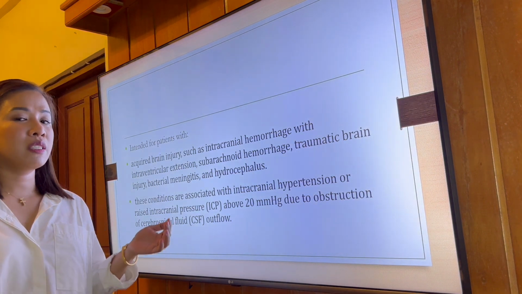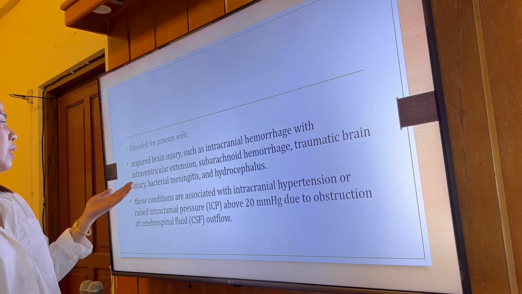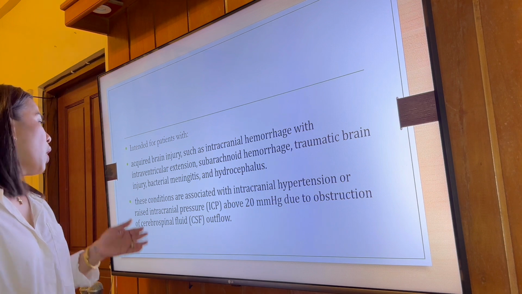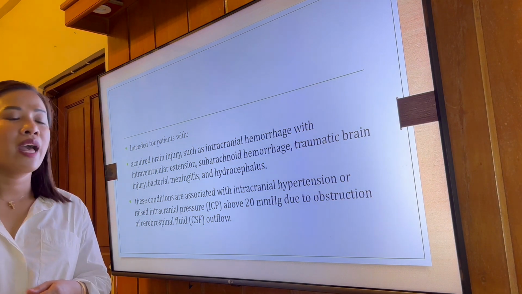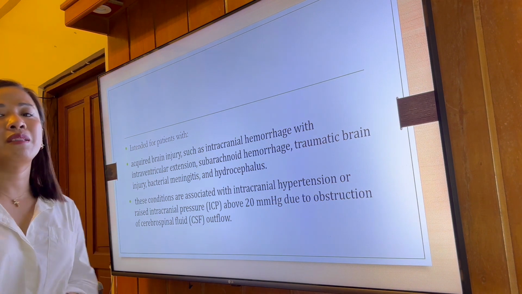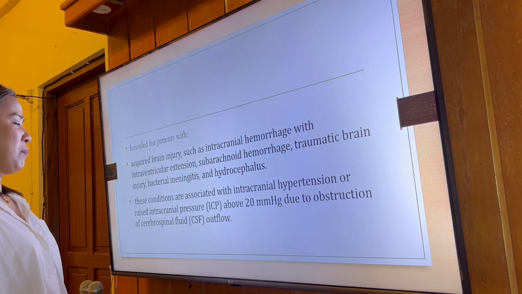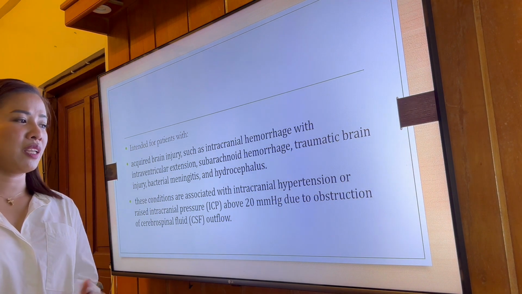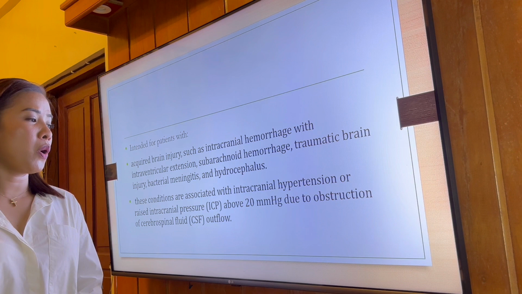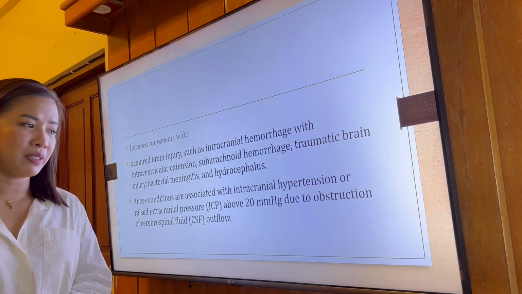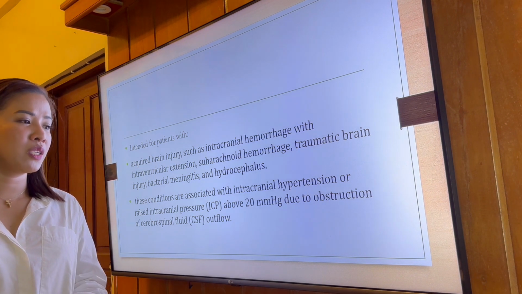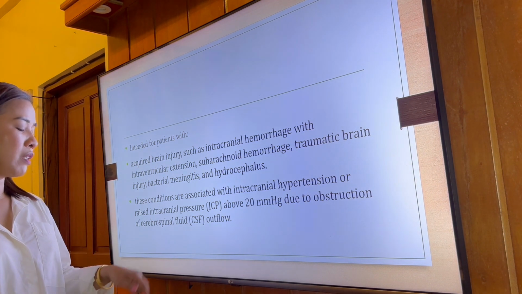So this method is intended for patients with acquired brain injury such as intracranial hemorrhage with intraventricular extension, subarachnoid hemorrhage, traumatic brain injury, bacterial meningitis, and hydrocephalus. These conditions are associated with increased intracranial pressure, or what we call intracranial hypertension, that is above 20 millimeters of mercury due to obstruction of cerebrospinal fluid